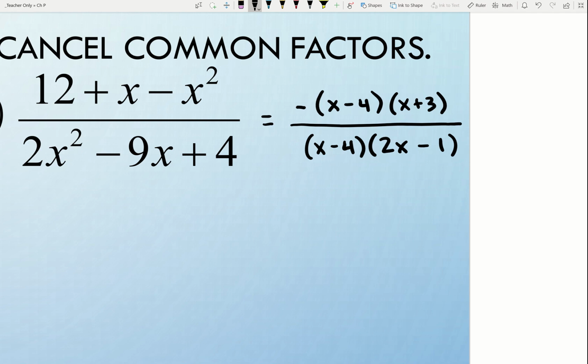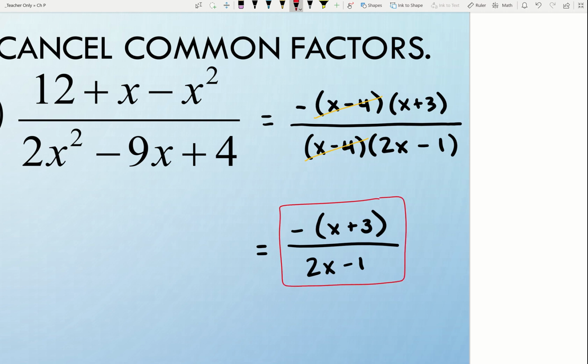Again, if you need more help with factoring, then feel free to always ask questions, come see me, or watch that last video that we had. Okay, and so when you're looking for common factors here, it's pretty simple. I think we have a pair of x minus 4s in common, and so we'll cancel those out, and finally we'll just have the expression negative quantity x plus 3 all over 2x minus 1,